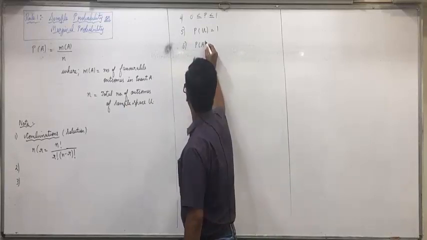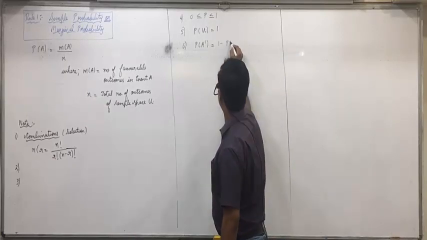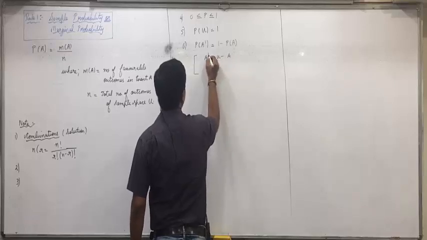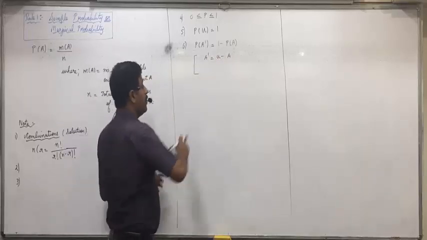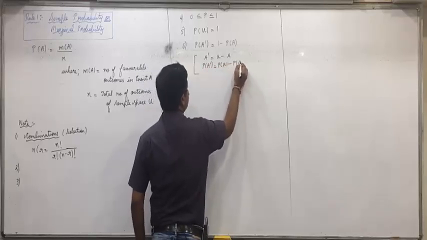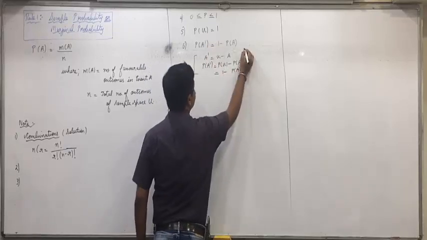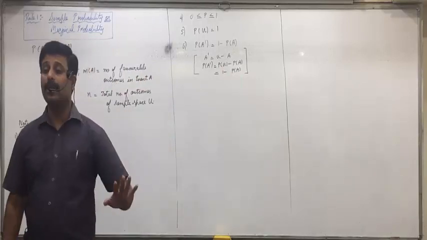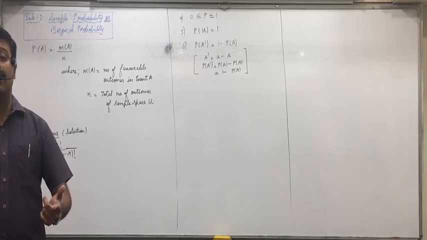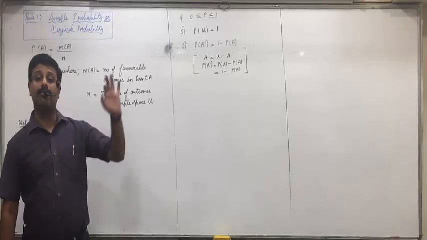Probability of A complement, which we speak of as P of A naught, will always be 1 minus P(A). Because we studied that A naught is U minus A. So P of A naught will be P of U minus P of A. Just now we discussed P of U is 1. So 1 minus P of A. You just remember any complement is 1 minus that probability. P of C naught is 1 minus P(C). P of B naught is 1 minus P(B). Any complement is 1 minus.